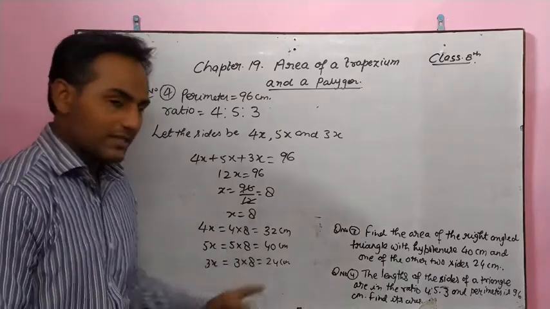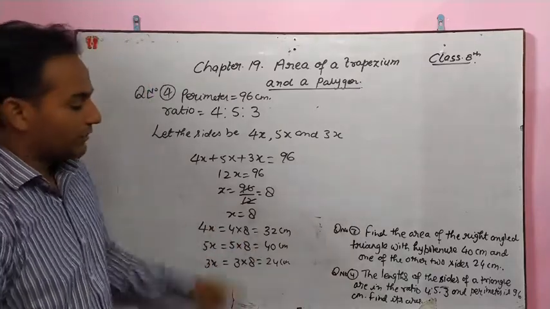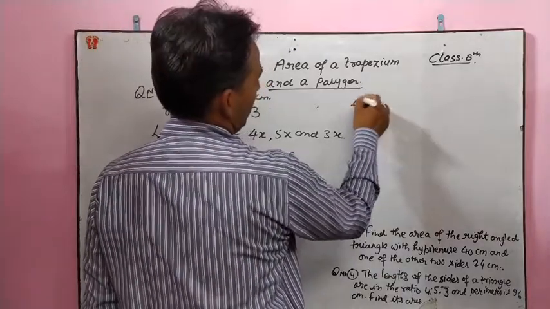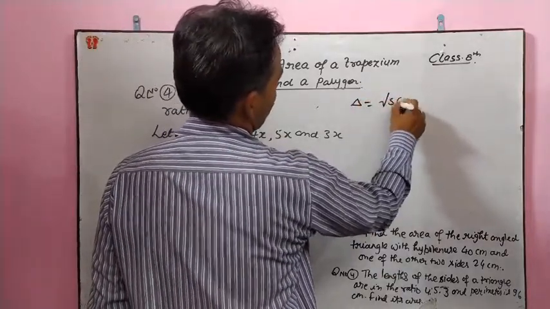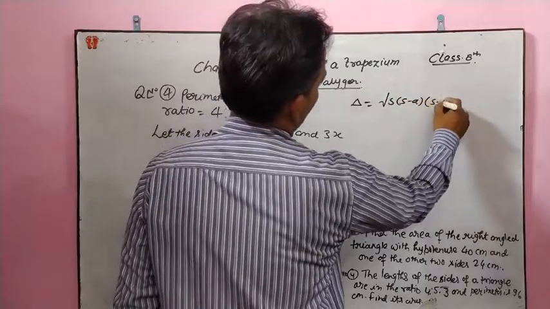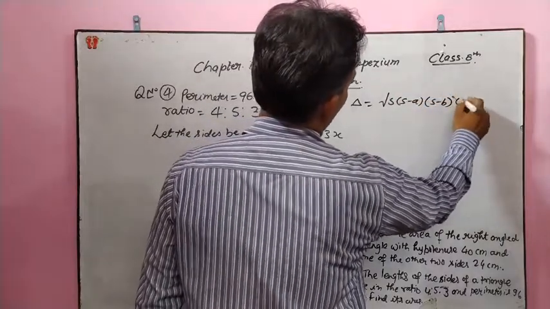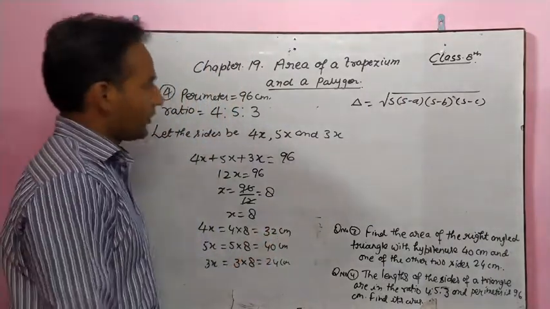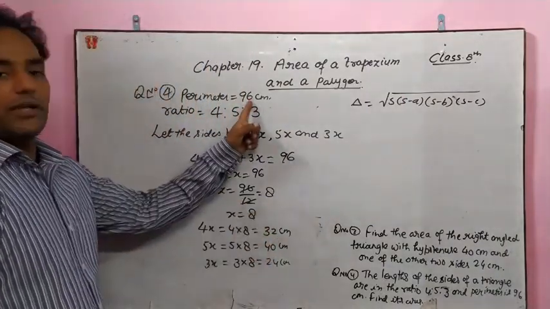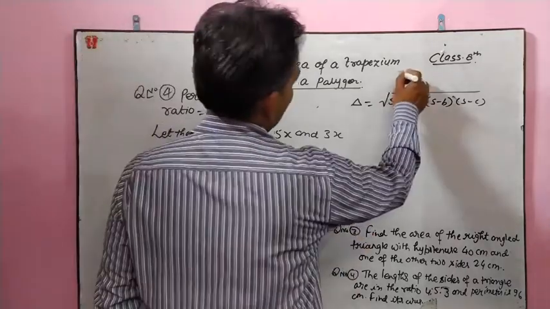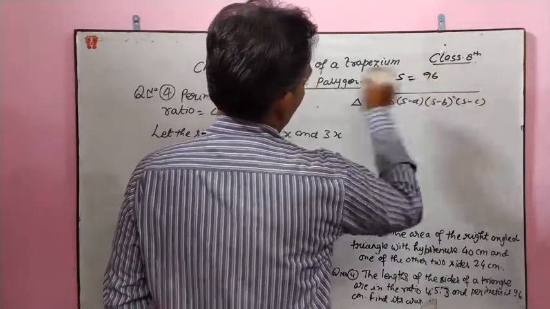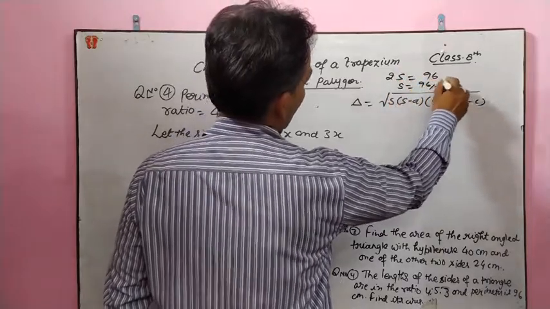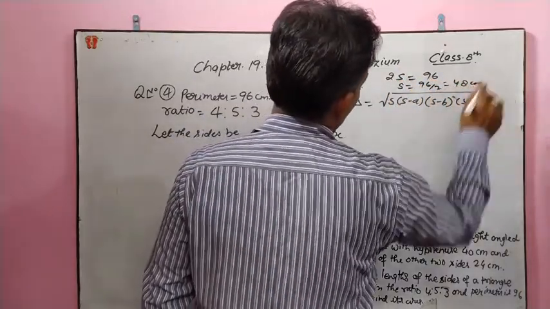Now we have got the real sides of the triangle 32, 40 and 24 and we have to find the area of the triangle. As we all know, area of triangle is equal to under root s into s minus a, s minus b and s minus c. Why? Because all the three sides are different. So first of all, listen, we have perimeter already given 96. That is, 2s is given. So s will be 96 upon 2, 48 centimeter.